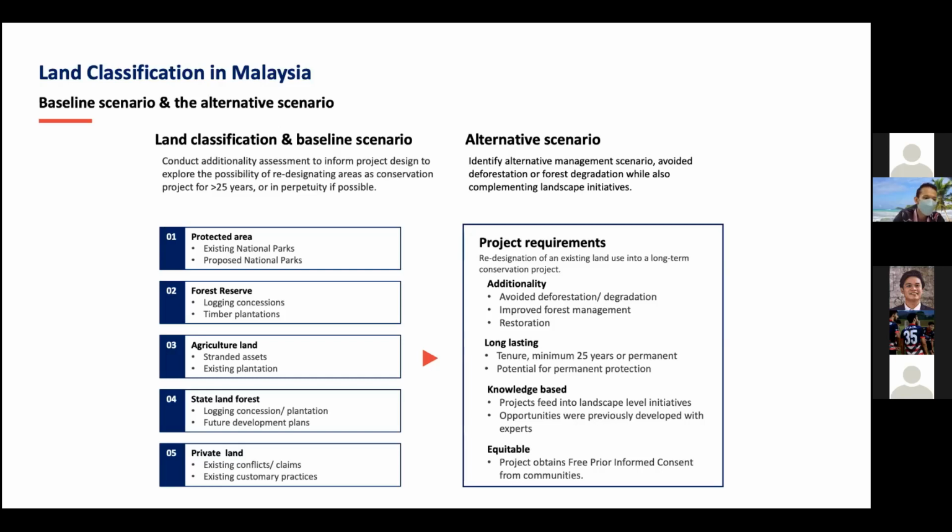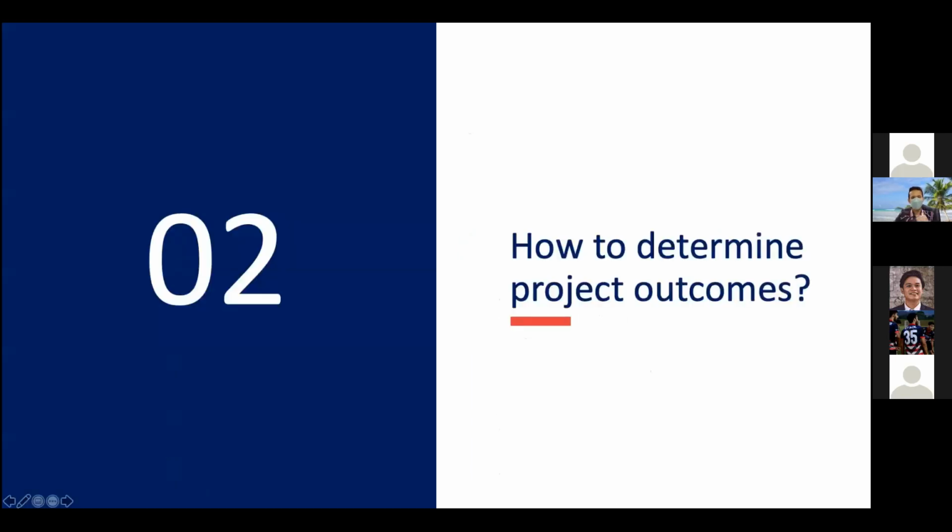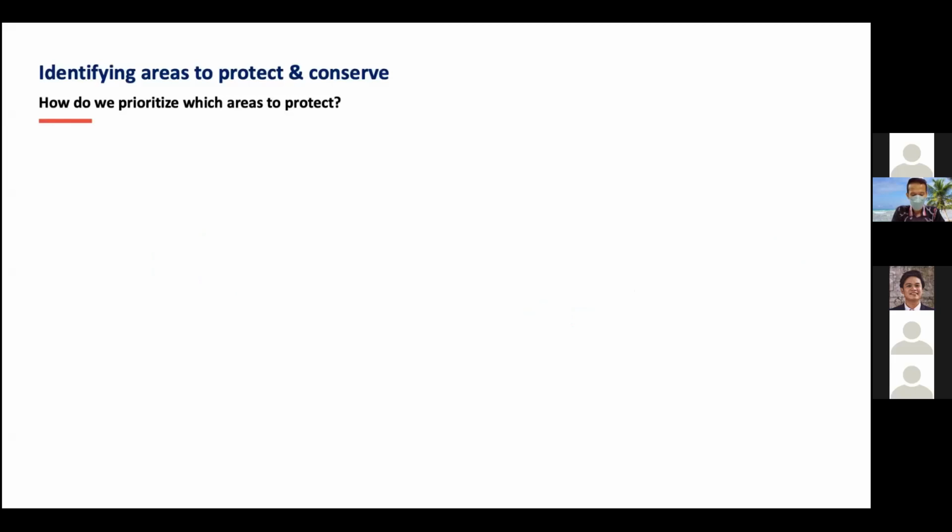Baik, proceed. Okay, jadi topik kedua webinar minggu ni is how to determine project outcome. Jadi how to measure, mengukur manfaat from carbon offset project. This is the important concept again because it relates back to additionality ataupun kriteria tambahan untuk membangunkan project carbon. So first is how do we identify areas to protect and conserve? Okay, this was covered by Ruben and Dylan in minggu kedua. But just to combine the concept kan,